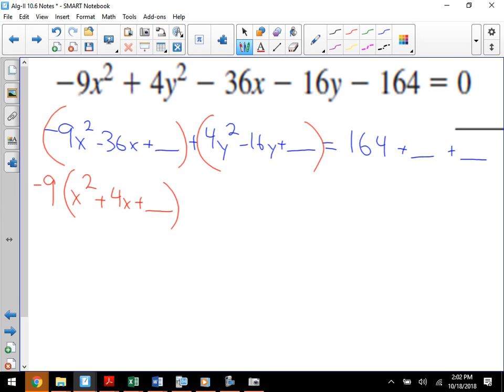What do I have to take out of the next one? 4. Factor out the 4. I have y squared minus 4y plus blank equals 164 plus, here's where it gets tricky. I took out a negative 9, which means I have to put back a negative 9 times something. Because what's happening here, when you go to complete the square,